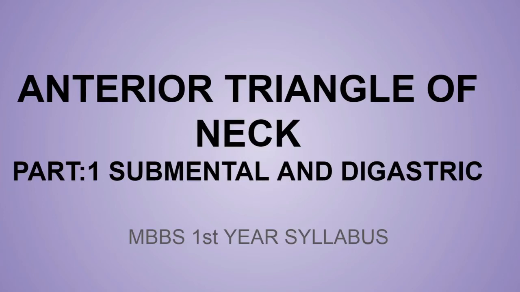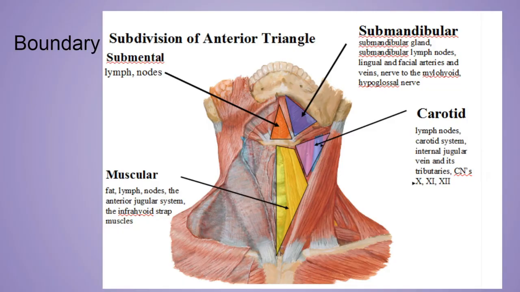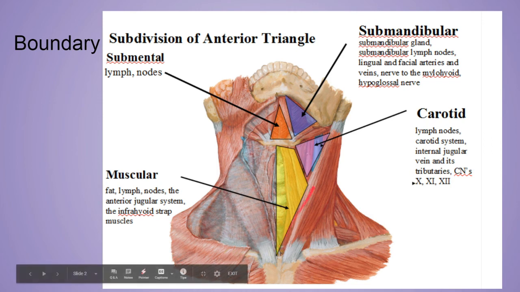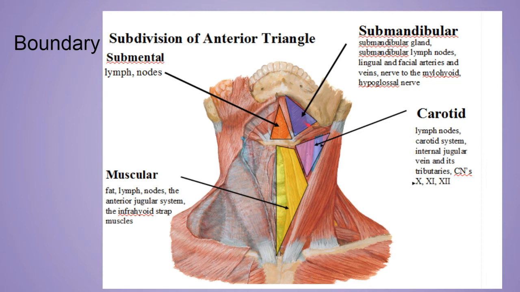Hello everyone. Today we'll discuss the anterior triangle of the neck, and in that particularly the submental triangle and the digastric triangle. Now this is the anterior triangle of the neck. In that we have four further subdivisions of the anterior triangle, that is the submental, submandibular, carotid and the muscular